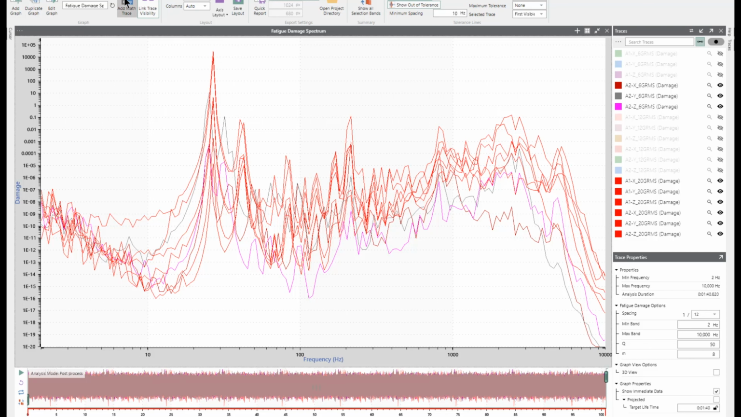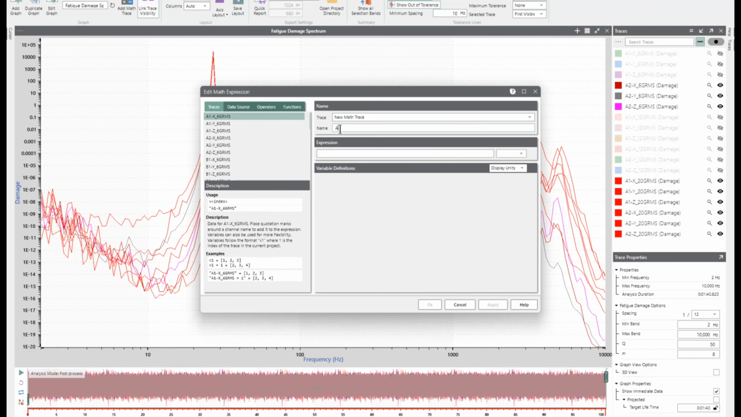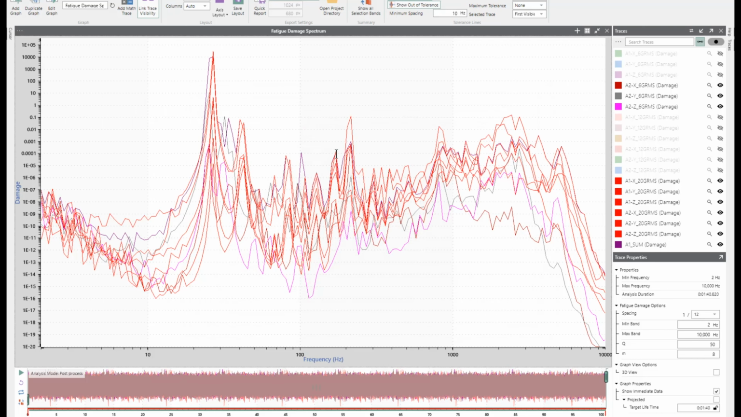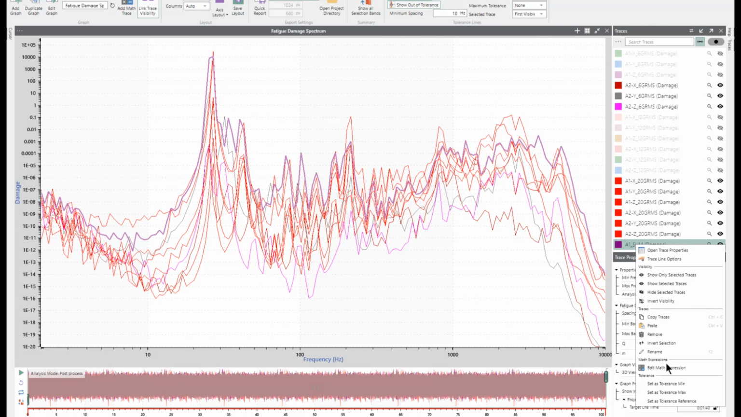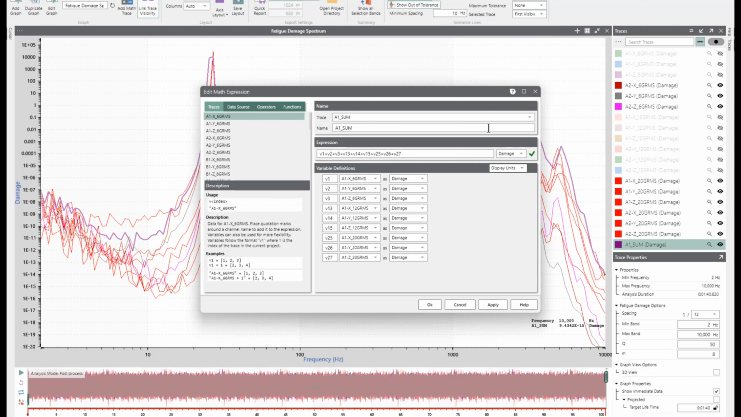So now we delete that, add a math trace. So this will be our A1 sum. So it'll be the total damage for all of our A1 vectors. And to get that, I need to do V1 plus V2 plus V3 plus V13. So there's our A1 sum, and then we're going to do A2